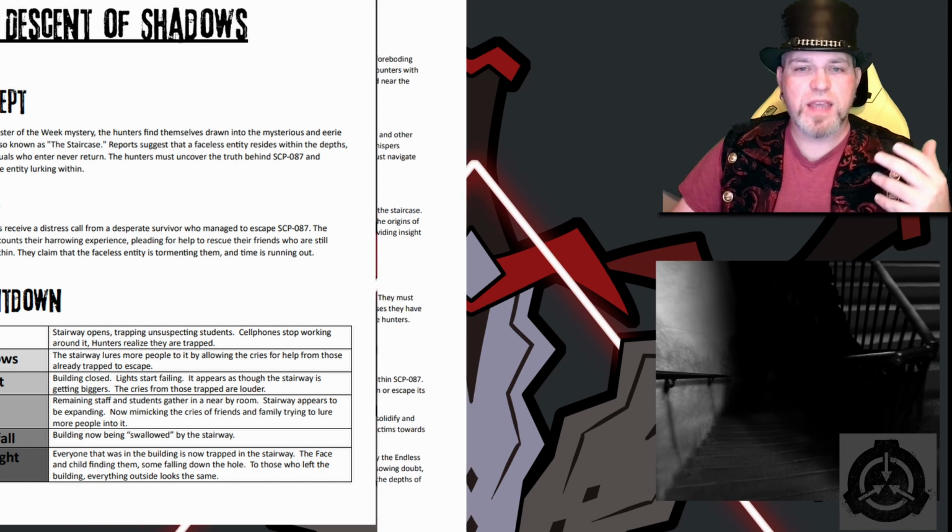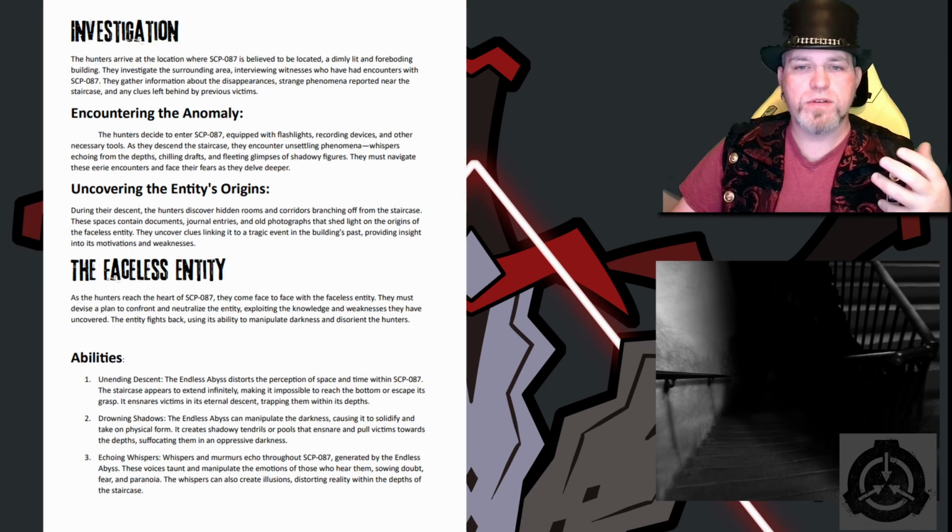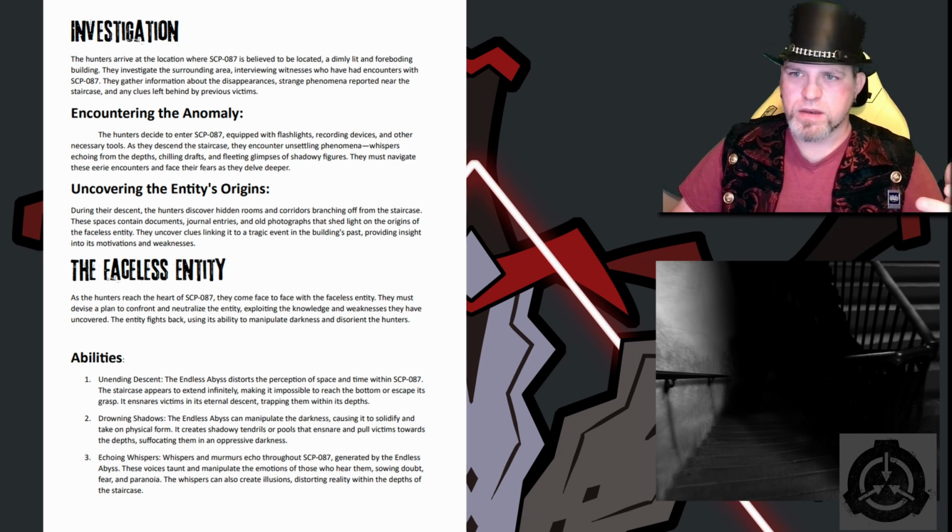We have an investigation which outlines what the hunters need to do. They arrive at the location, a dimly lit and foreboding building. They investigate the surrounding area, interviewing witnesses who had encountered 087. We talk about encountering the anomaly itself. We go through uncovering the entity's origins and how they find clues and artifacts lurking either within it or nearby